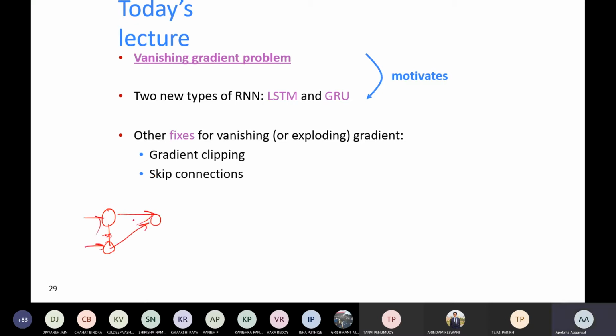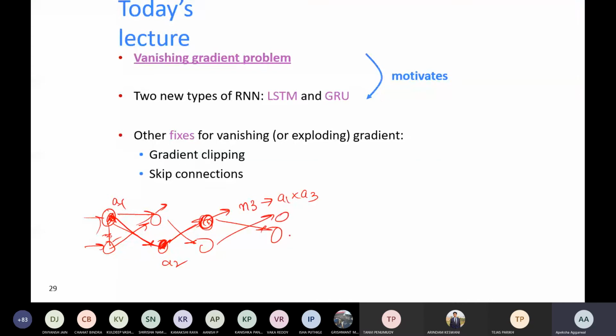Not this one, like this. So activation for this depends upon activation of this into this. Activation for this node, let's say N3, depends upon activation of this previous node as well as the activation of this node. So it is a multiplication of activations of, let's say, A1 and A2, right? And if I am training another deeper network, the multiplication for this N4 depends upon A1, A3 and this N3. A1, A2 over here.